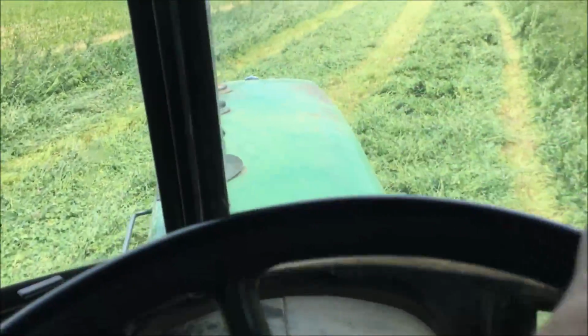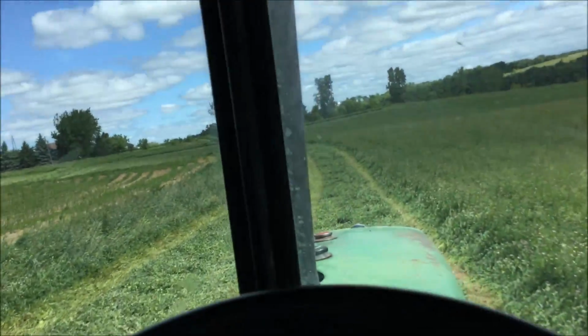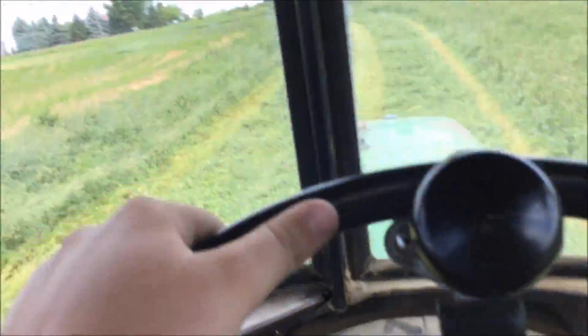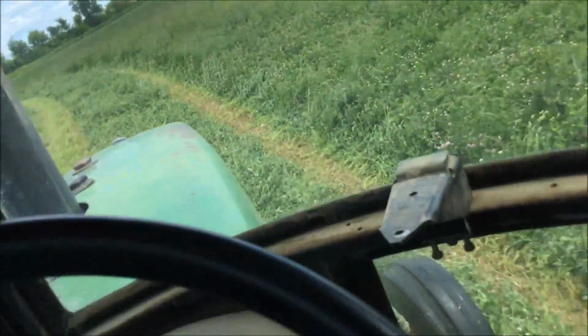Like that, make the corner. It's hard for me to hold the camera behind me and look forward at the same time. There's the corn, it's pretty good. There's some thinner spots, I don't know what the deal is. I think that's where the terraces were, but...